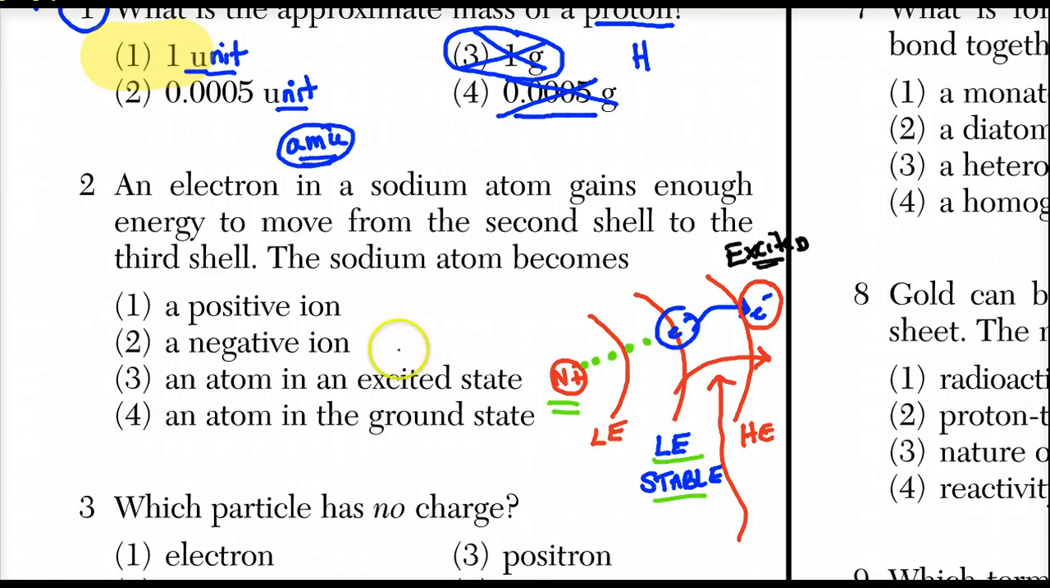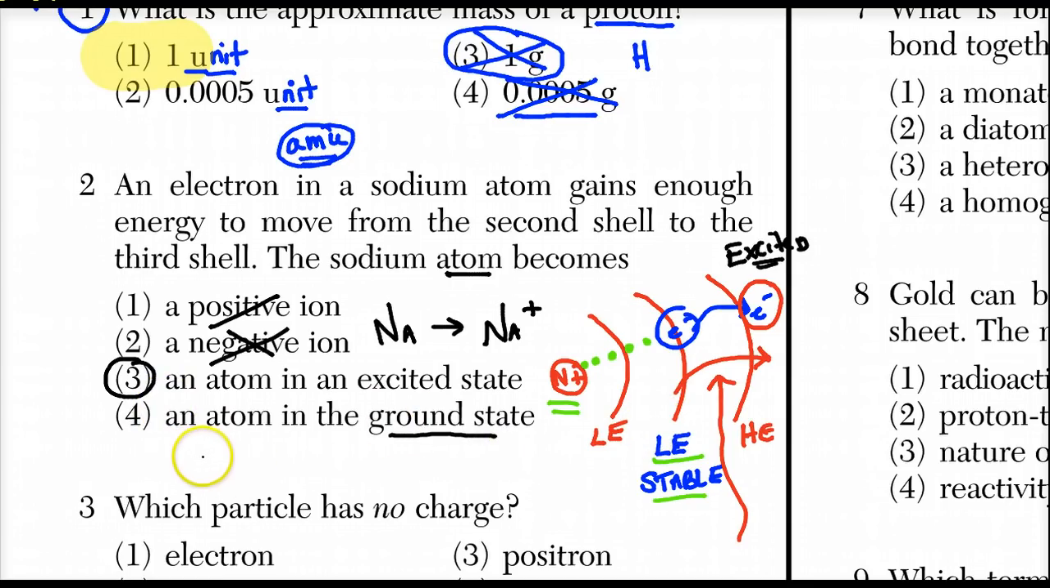Okay, so the sodium atom does not become a positive ion. It doesn't lose the electron because that would be pulling the electron away. That'd be ionization energy. The sodium atom can never become negative because sodium atoms only become sodium plus. They're big atoms. They only lose electrons or oxidize. All right, so they become, of course, an atom in the excited state. The ground state is where they start. Okay, case in point, sodium is